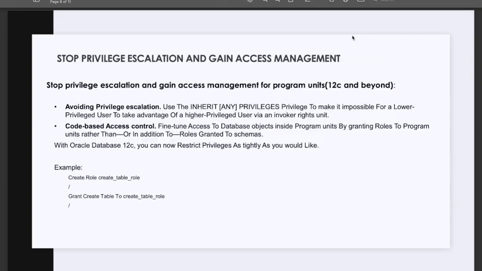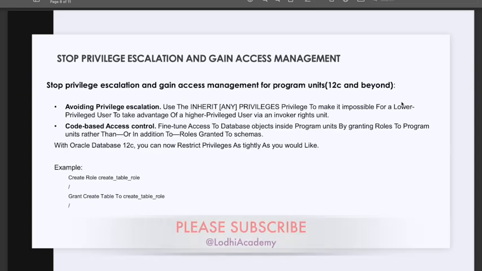Stop privilege escalation and gain access management. Oracle database has added a small boatload of privilege and security related features to PL/SQL in Oracle database 12c and beyond. These include avoiding privilege escalation. Use the INHERIT ANY PRIVILEGES privilege to make it impossible for a lower privileged user to take advantage of a higher privileged user via an